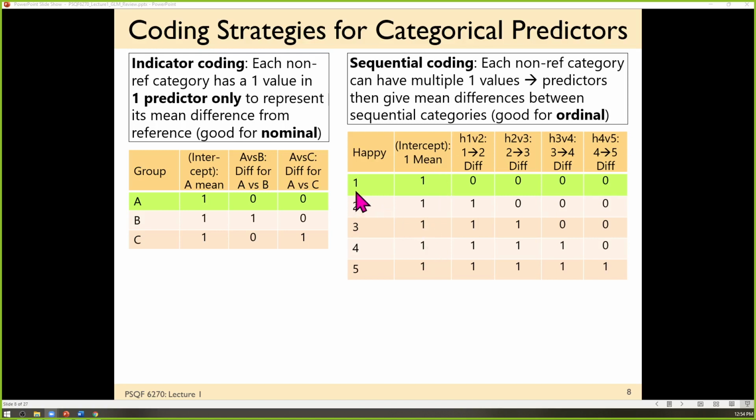Here's my intercept, it's going to be for the group that's coded 0 across, that's happy equals 1. The first slope, H1 versus H2, is going to capture the difference between 1 and 2. The second slope captures 2 versus 3, 3 versus 4, and 4 versus 5. So each of the parameters inches you up on the ordinal scale 1